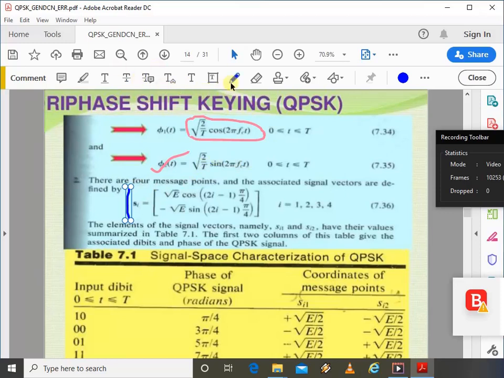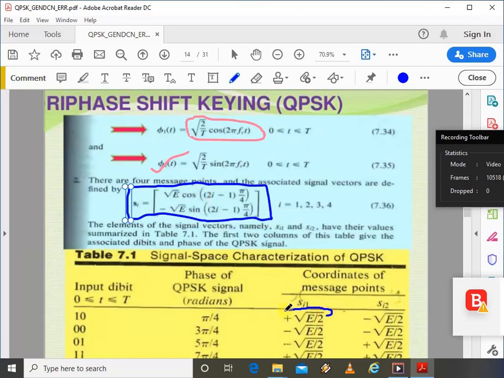Now the next job is to calculate the coefficient of the four message points by making use of the Gram-Schmidt orthogonalization. So you will come to know that the coefficient of the four message points we can express like this: square root of E cos of (2i minus 1) pi by 4. The second coefficient is minus square root of E sin of (2i minus 1) pi by 4. So here, by keeping the value of i equal to 1, 2, 3, 4, we come to know that